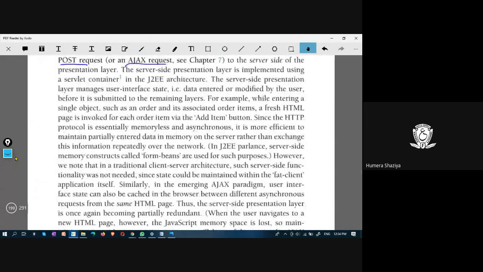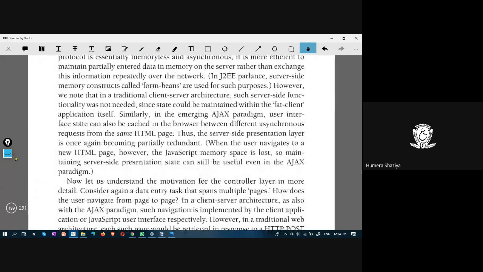In this AJAX paradigm, the user interface can also be cached in the browser between different asynchronous requests from the same HTML page. AJAX stands for asynchronous JavaScript and XML. So, in this kind of interaction through the AJAX protocol, the user interface state can be cached.